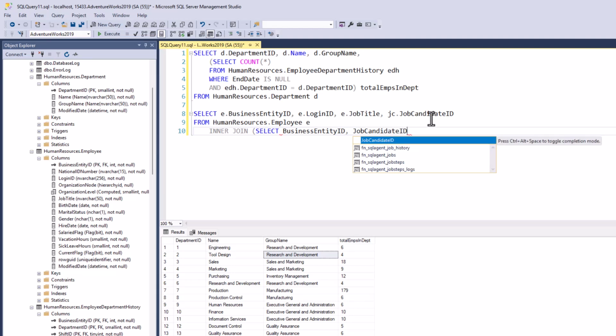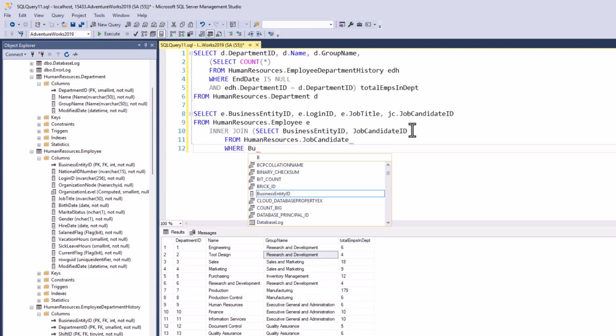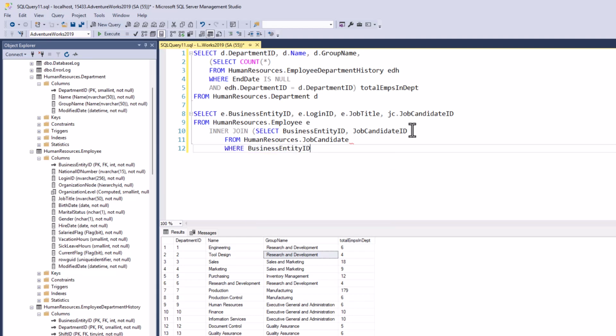We are selecting the job candidate ID from our select statement, and we also need to be able to join these two tables together. So we need to at least select these two fields from our HumanResources.JobCandidate table. We want to only select those where we have a business entity ID that is not null. So that should filter it out. I only have two records being returned that I'm joining,